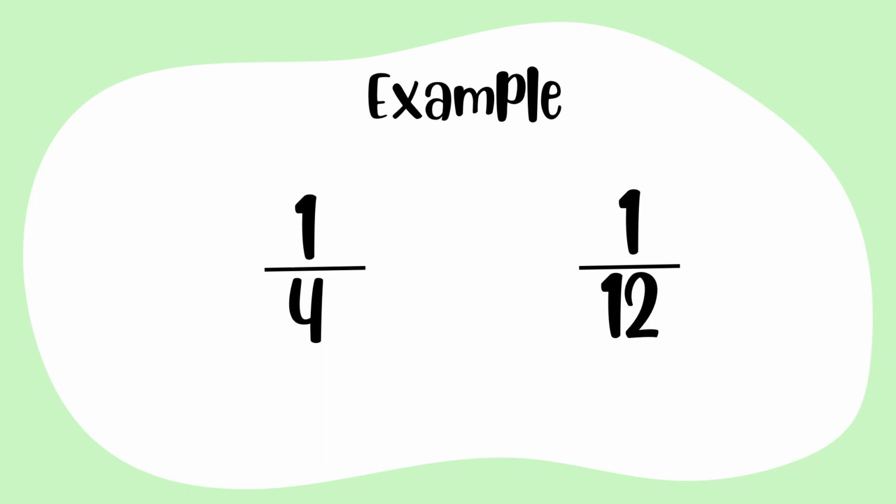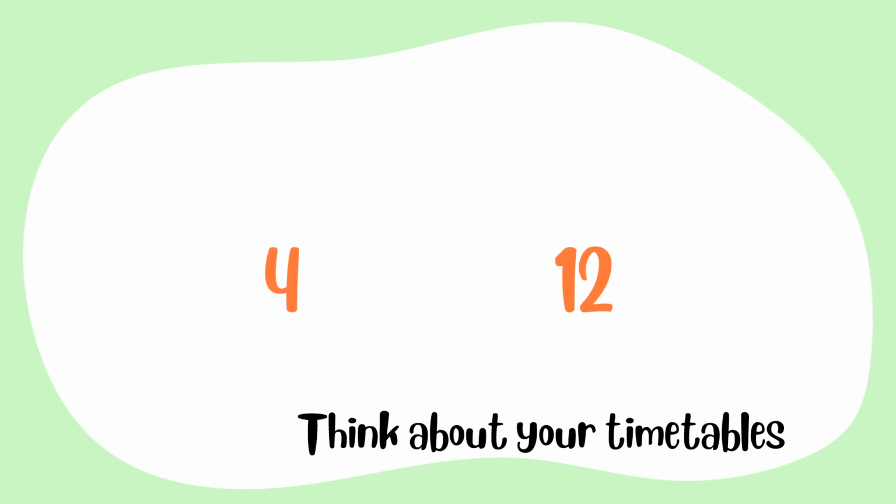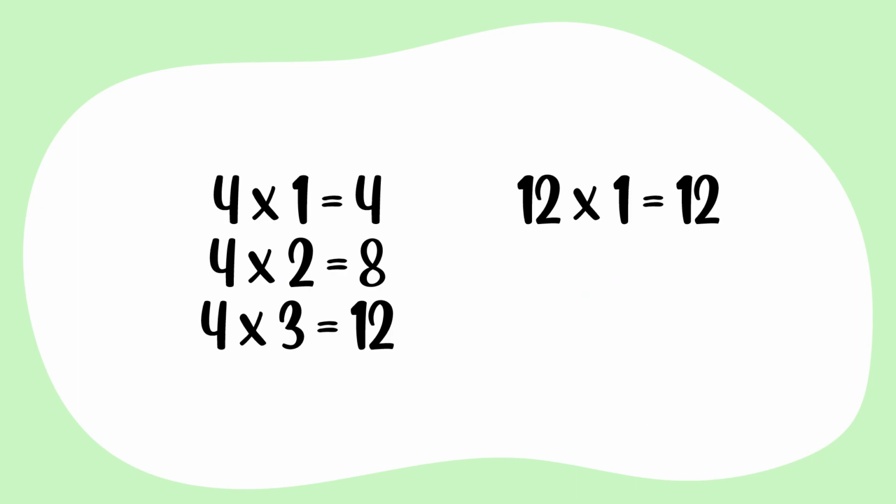Here's an example: 1/4 and 1/12. 4 and 12 are our denominators, so we must think about the times tables for 4 and 12. We start with the 4 times table because it's a smaller number. 4 times 1 is 4, 4 times 2 is 8, 4 times 3 is 12. This should start ringing alarm bells because we're about to move on to our 12 times tables. 12 times 1 is 12, and since 12 appears in both lists, it becomes our new denominator, our lowest common